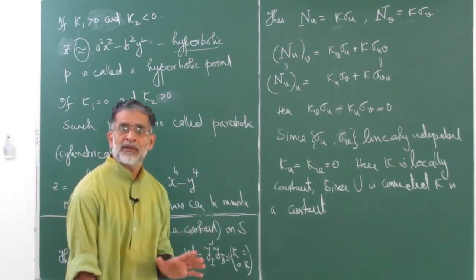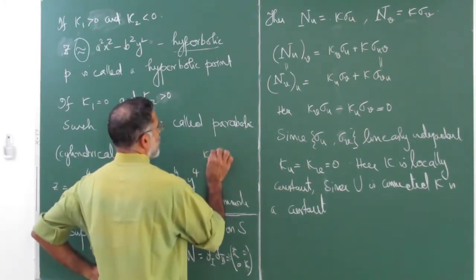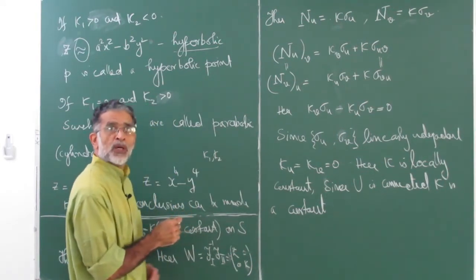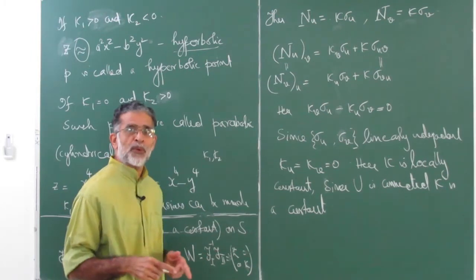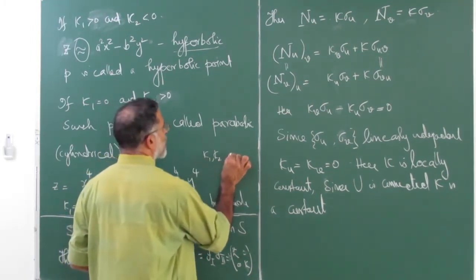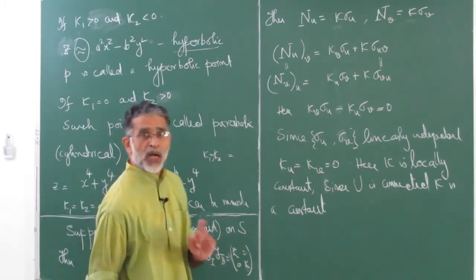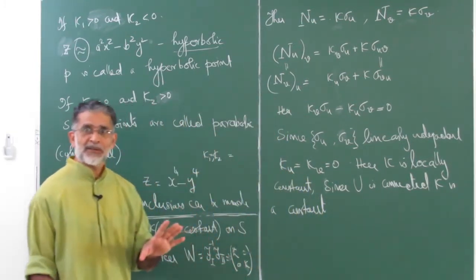But kappa 1 is a function on U and kappa 2 is a function. And we are saying kappa 1 equals kappa 2. That means kappa 1 of (u, v) is equal to kappa 2 of (u, v) for every (u, v). That's all we are saying. They are the same function, nothing else.